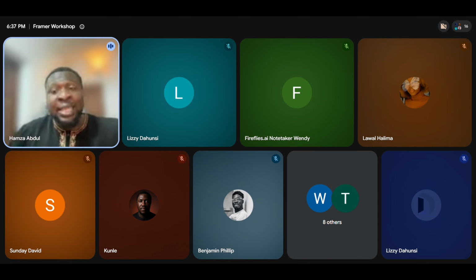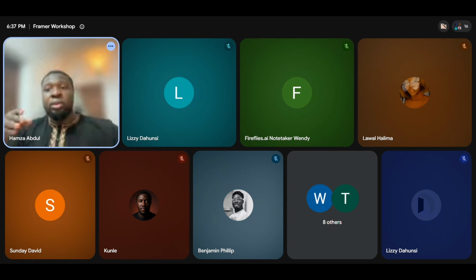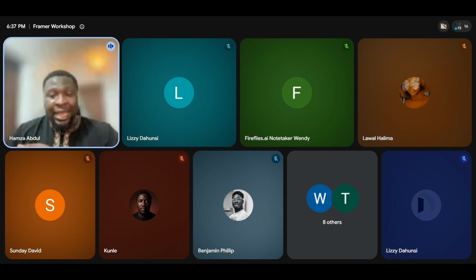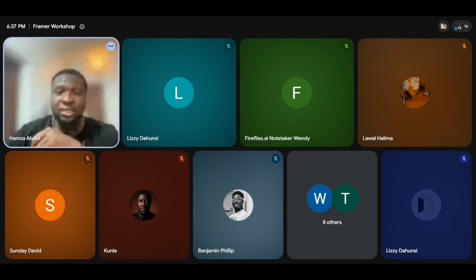Now talking about MD files, actually, MD files are not just for you to give AI. They have also graduated into being, like I said, the standard now. You can get MD files for almost every website.